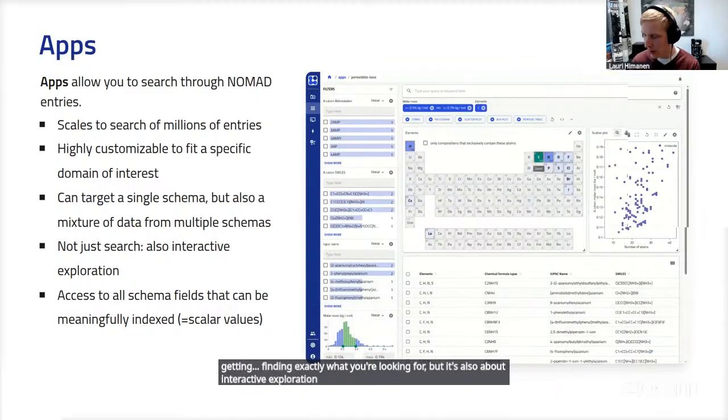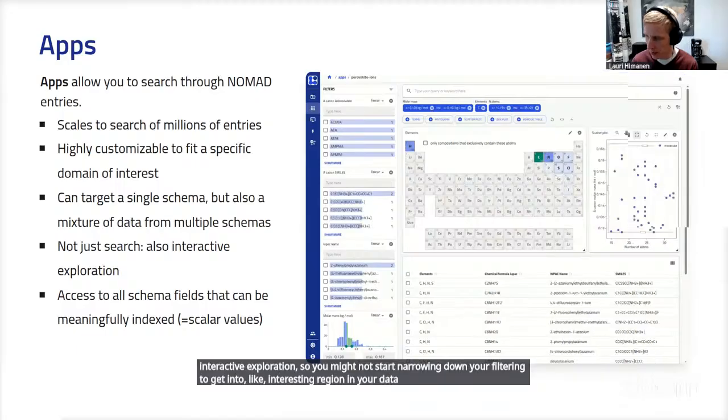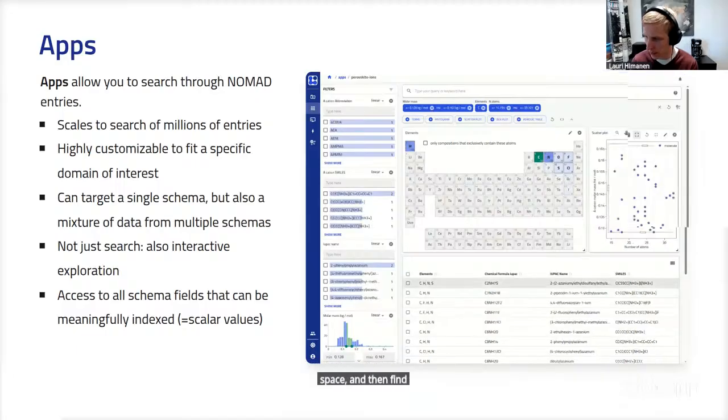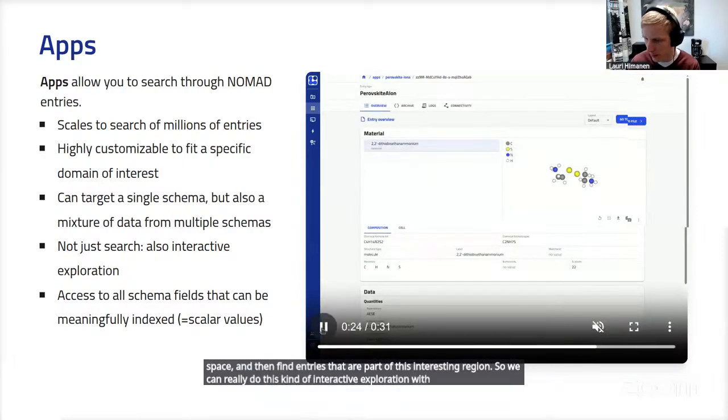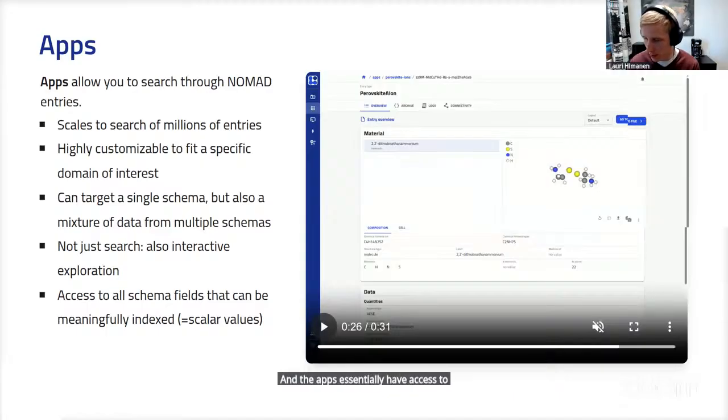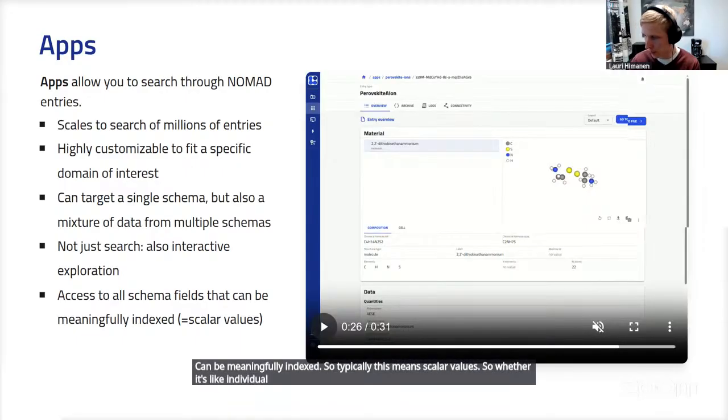So you might start narrowing down your filtering to get into an interesting region in your data space, and then find entries that are part of this interesting region. So you can really do this kind of interactive exploration with the apps as well. And the apps essentially have access to any of your schema fields that can be meaningfully indexed. So this means scalar values, whether it's individual numbers, individual text fields, and so on, they can all be accessed through the apps and searched.